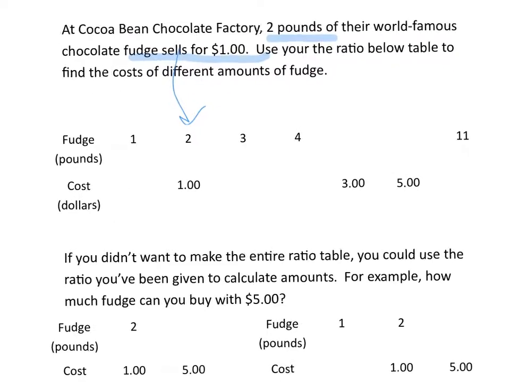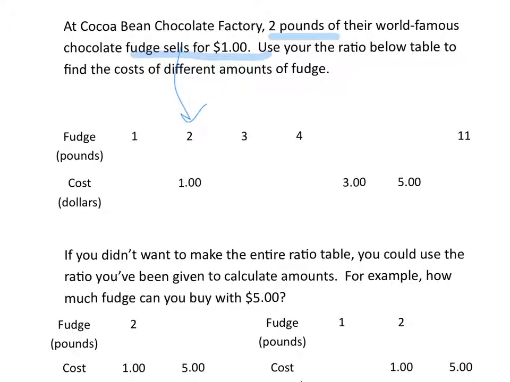We're going to use this unit rate of 2 pounds for $1. And the way that we know this is a unit rate is because the denominator, if I were to write that as a fraction, that denominator is 1. That's what makes it a unit rate. So in order to figure out what 1 pound of fudge would be,